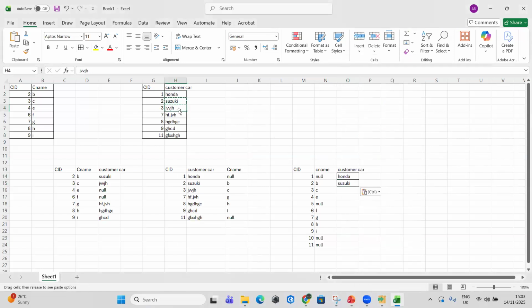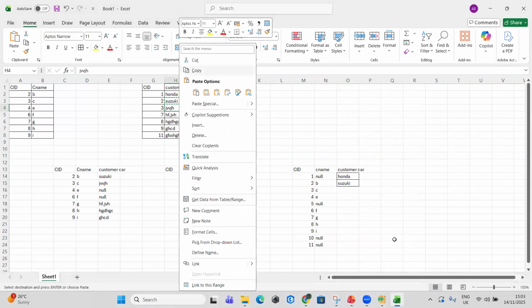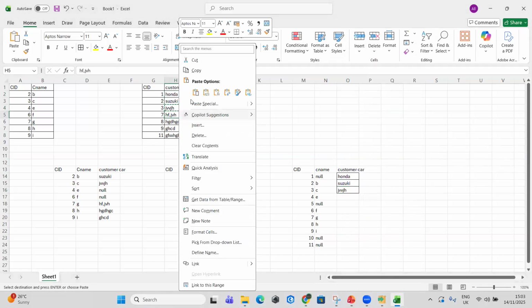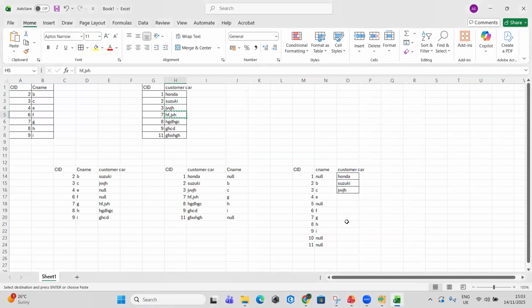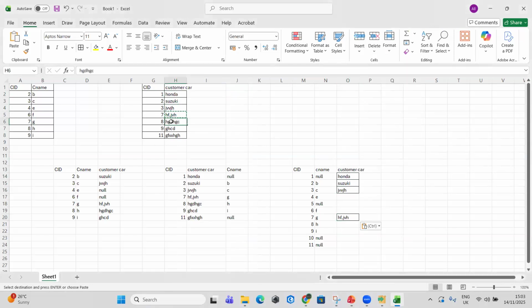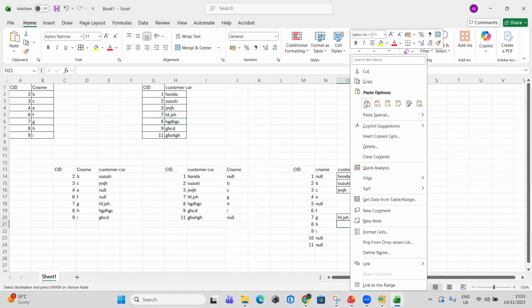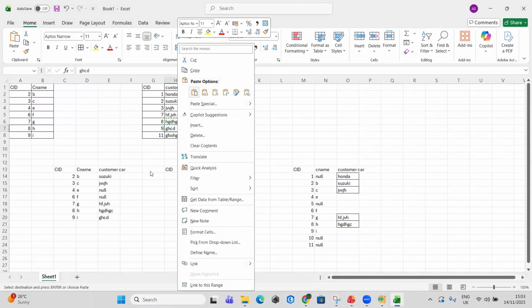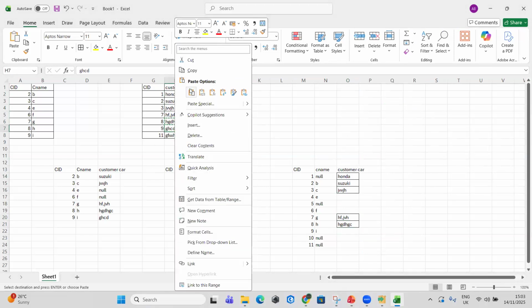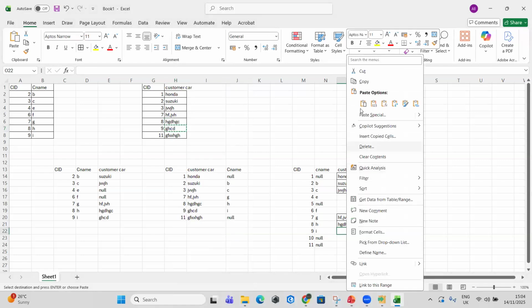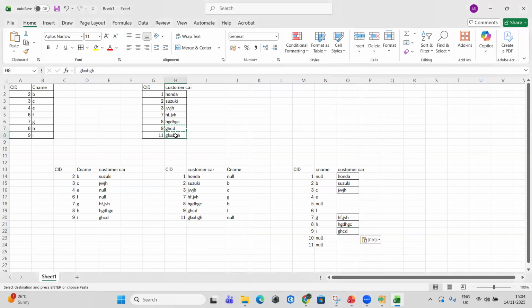The person at 3 has, the person at 7 has, the person at 8 has, the person at 9 has, so the person at 11 has